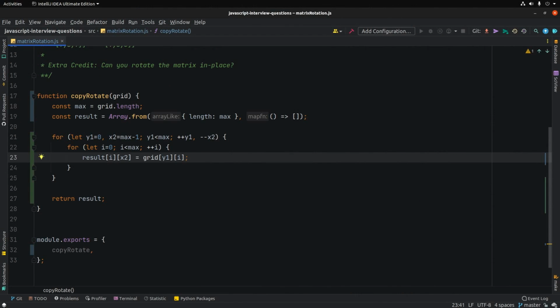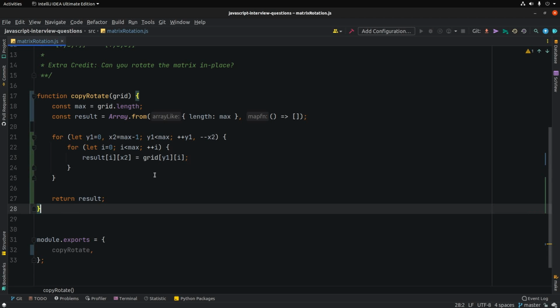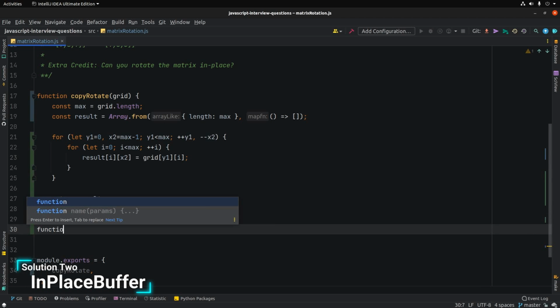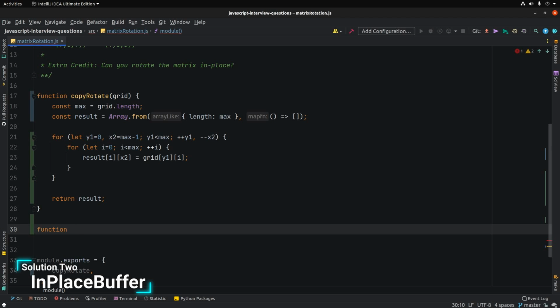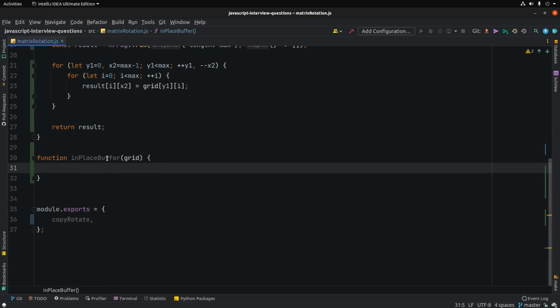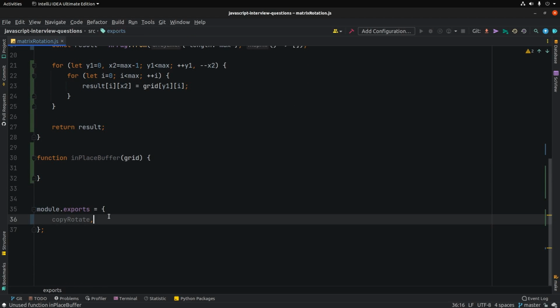Welcome back. So I will be going over 2 different solutions to this challenge. The first one is more difficult to code, but easier to understand. So I'll start out by creating a new function, and I'll name it InPlace Buffer. And then I'll add this function to the export list,